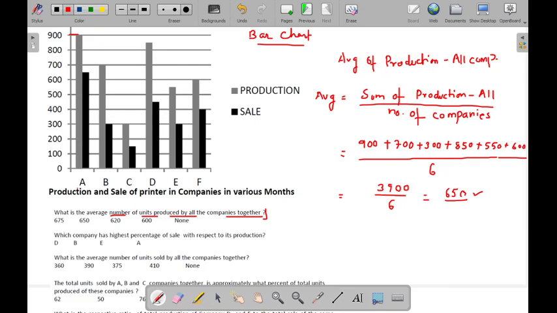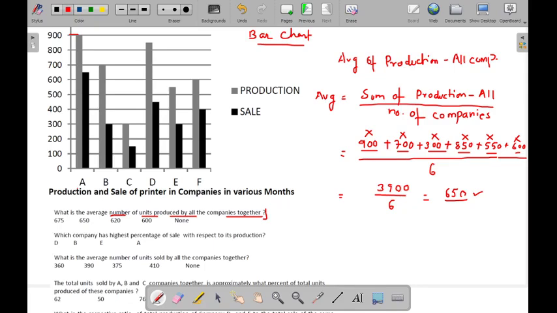But I want to highlight your attention towards a very important point. Do not take the values as 900, 700, 300, 850, 550 or 600. Simply do not take these values. Why? Because the addition will take time. So ignore the values